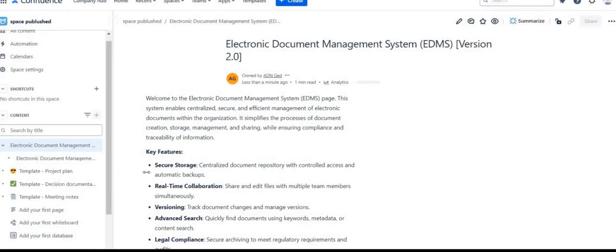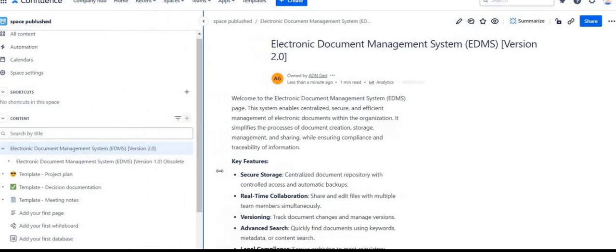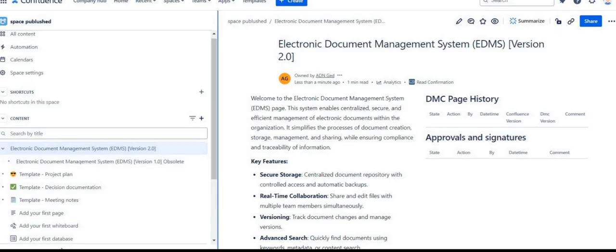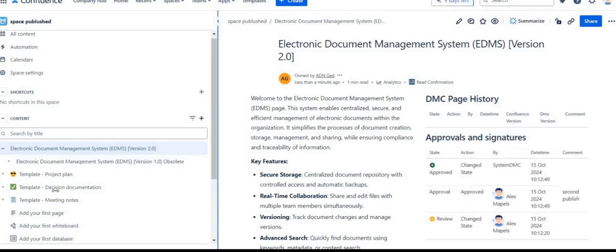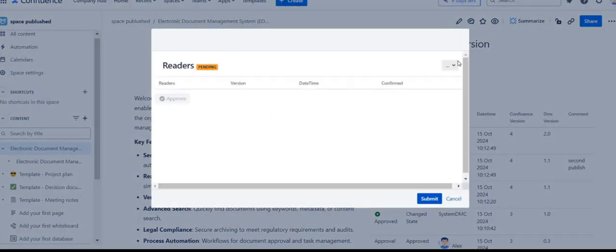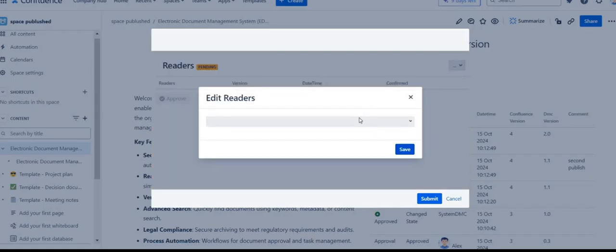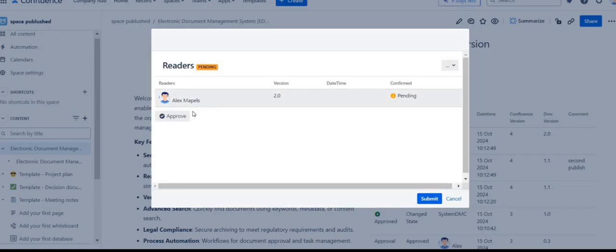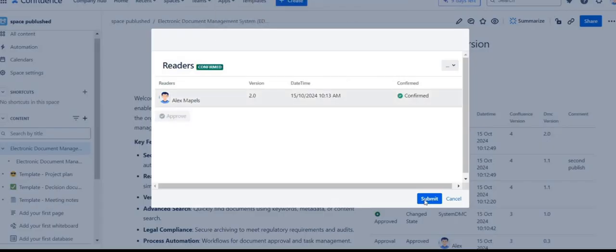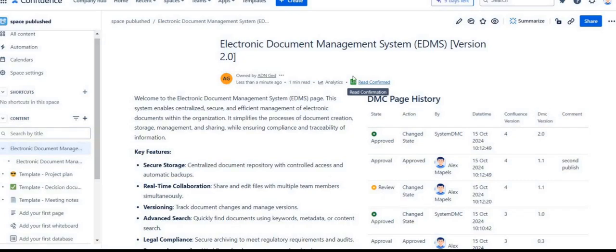The first version, 1.0, now becomes obsolete. On the published page, there's an option to send notifications to users, informing them about the new publication. By pressing the Read Confirmation button, I can select the users and submit the notification. It's important to note that the users who receive these notifications must belong to the group specified in the configuration settings of the space. This ensures that only the relevant stakeholders are informed about the new publication, promoting effective communication